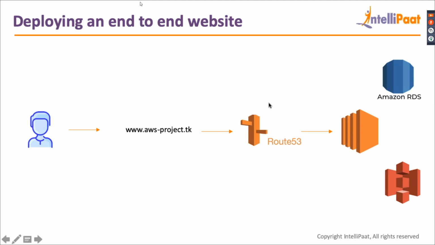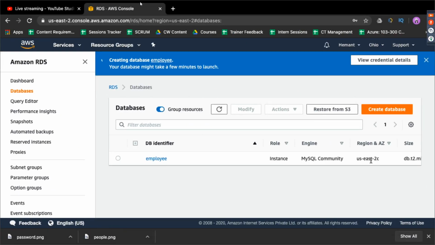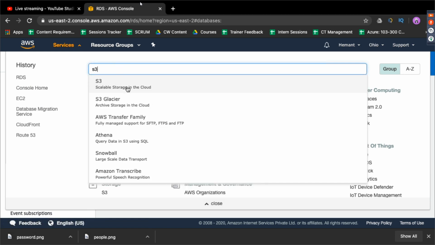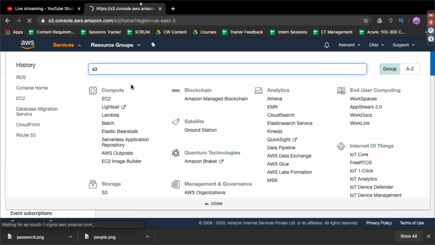If we come back to our slides, what we need to next figure out is our S3 bucket, where our data is going to be uploaded. And now what we are going to do is create a bucket for us where all our data will be uploaded. So coming back to my AWS Management Console, I can just search for the S3 service over here, click on it,